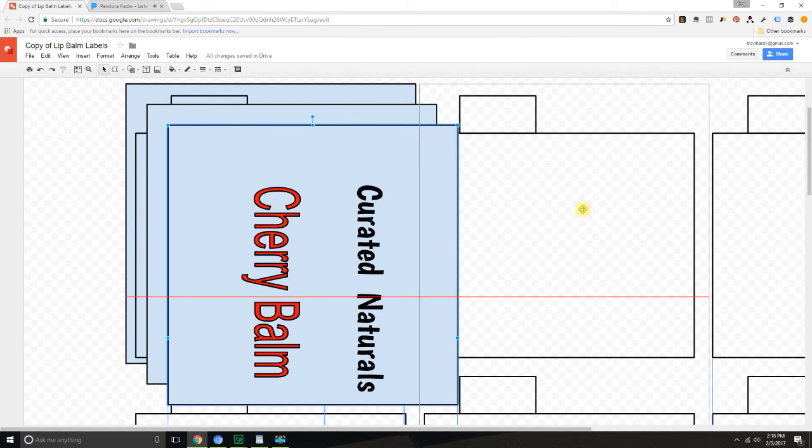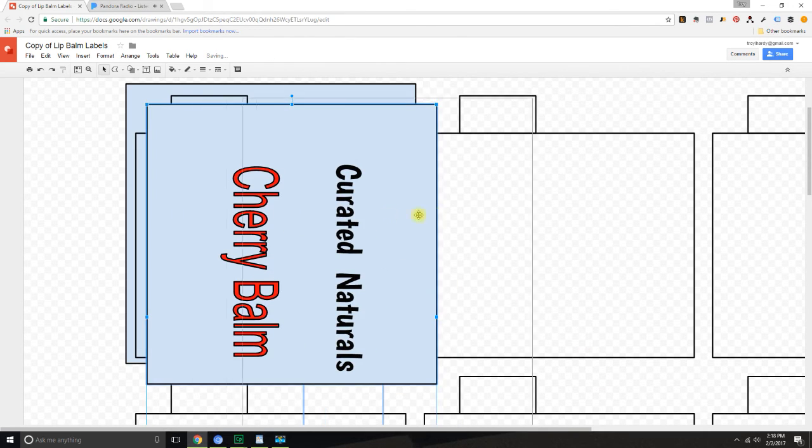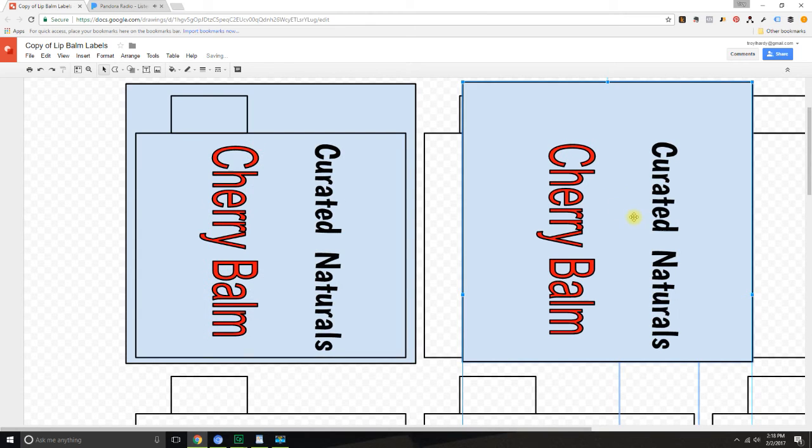I try to drag it over, but I decided it's easier just to have two up at one time, so just hit the delete key to get rid of one of them. Go ahead and drag it over, line it up over the other templates,